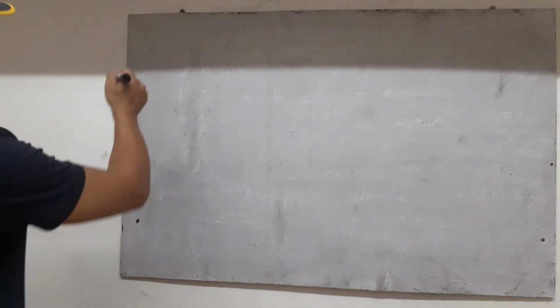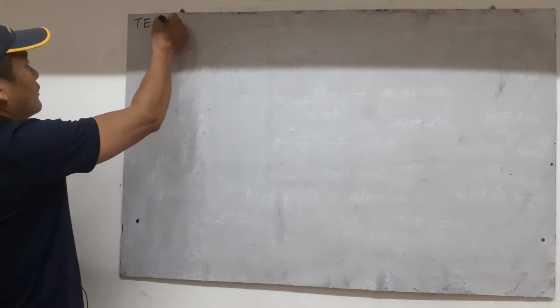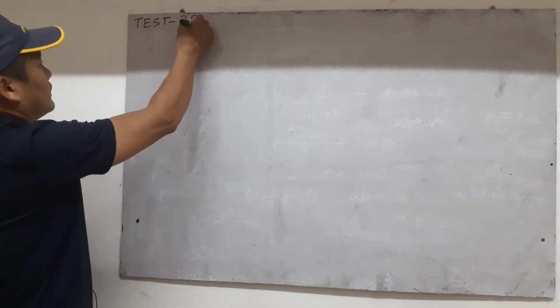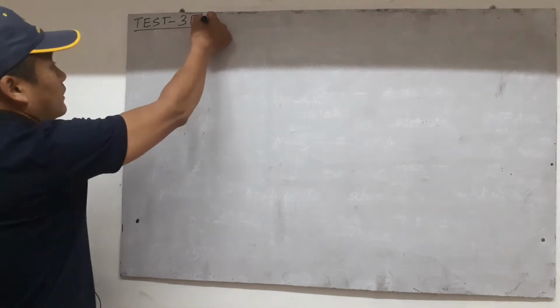Okay, so the next test here. Class 10 Science, Chapter 3, metals and non-metals. The next test, 3B. So take your question paper and keep it in front of you. So this portion will cover